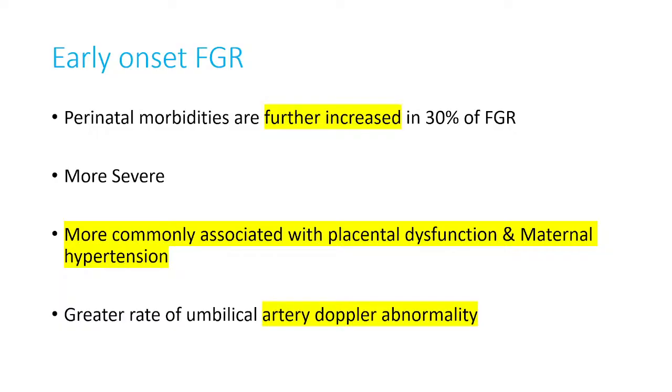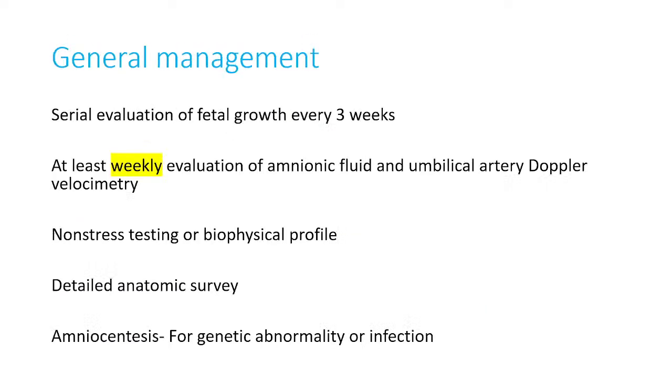Greater rate of umbilical artery Doppler abnormality. So, as I have already told, if Doppler abnormality is there, it means it is a severe FGR. Doppler abnormality will be more seen in early FGR. So, regarding the management,